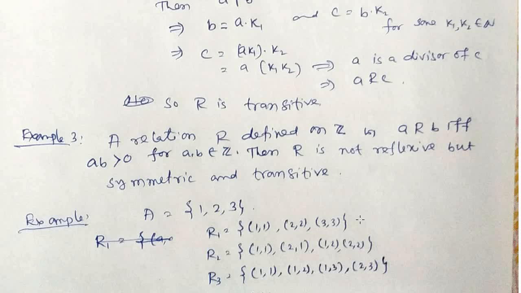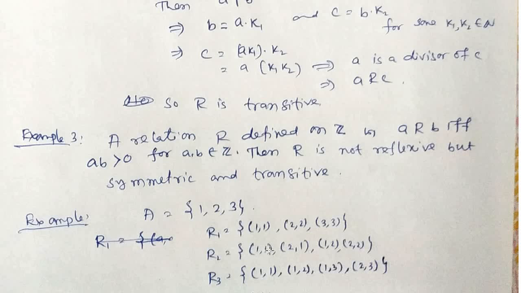1 1 का उल्टा क्या होगा? 1 1. So that also belongs to this. It is also symmetric and transitive, because if we have elements of the kind AB, BC, then only we have to talk about AC. But here there is no element of the AB, BC kind, so this is trivially transitive.